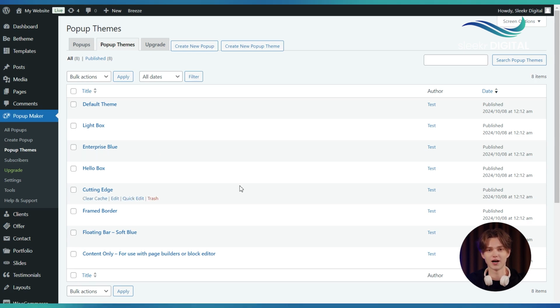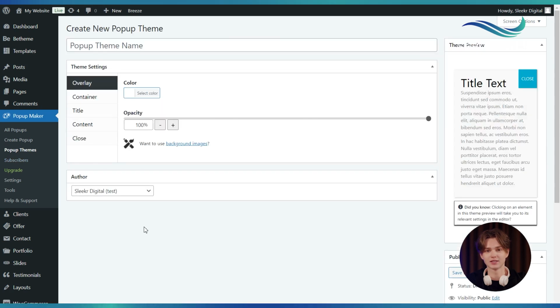The pop-up theme provides a starting point of pop-up design. Here we can select the pre-built template or create our own. We can create our own theme by clicking on this option. This is the window where we can create a theme by writing the theme name and by doing the settings of the theme. We can set up the overlay, container, and set up the title, content, and also the